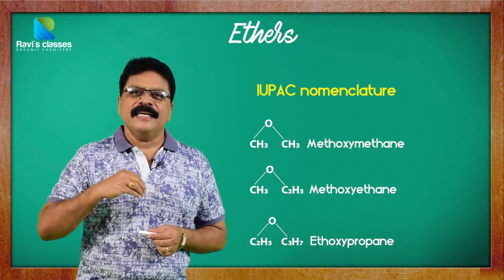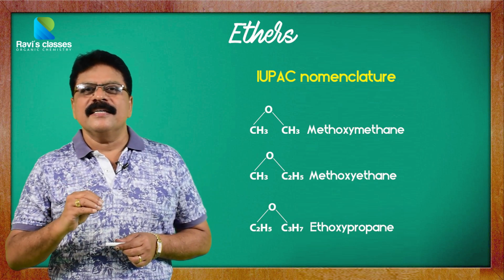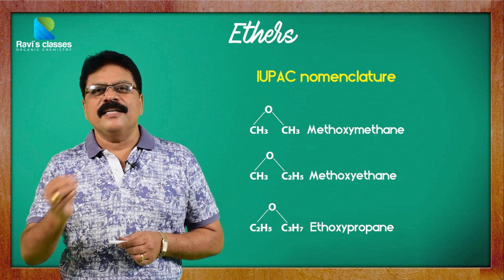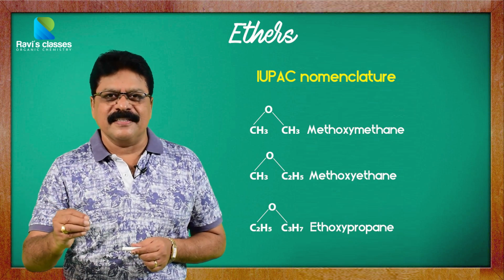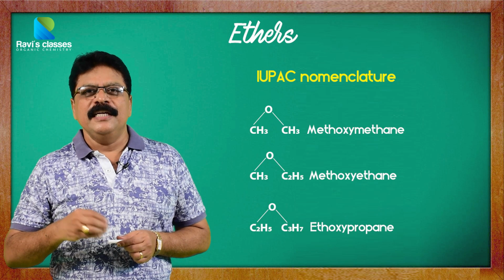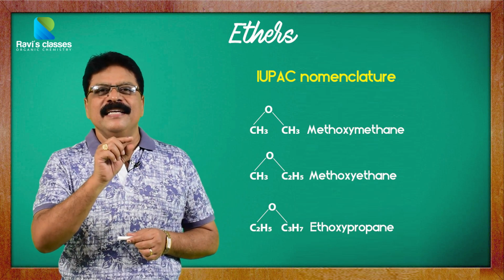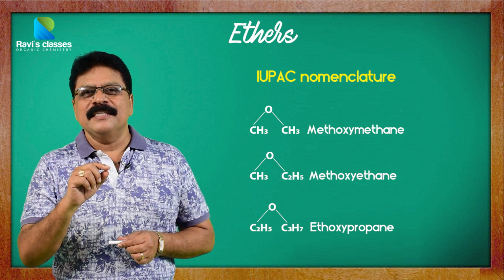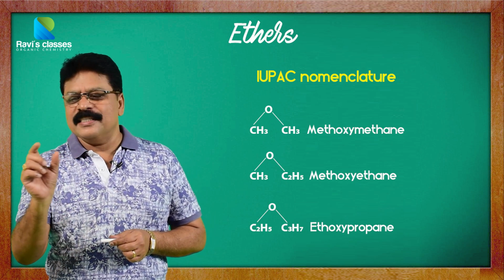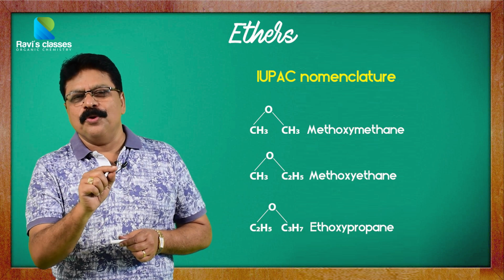Now when we examine the case of ether, the most interesting thing that we must first know is that ether, for naming purposes, is not treated as a functionality. So it is not treated as a secondary suffix in IUPAC nomenclature. It is regarded as a substituent. For example, CH3OCH3. The IUPAC name is methoxymethane. So it is considered to be methane where one of the H is substituted by RO or CH3O.